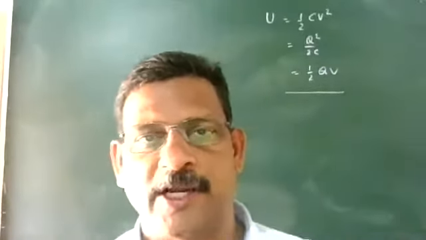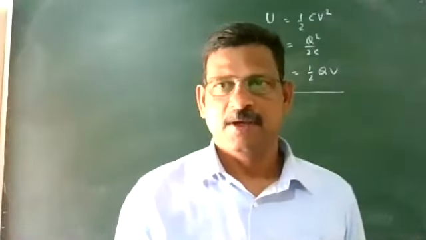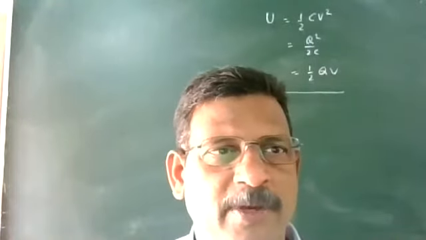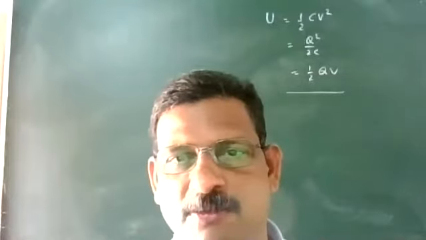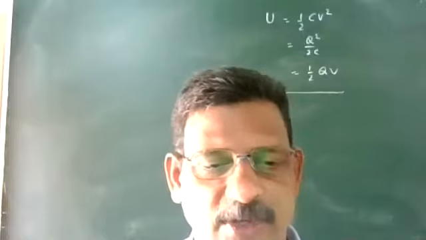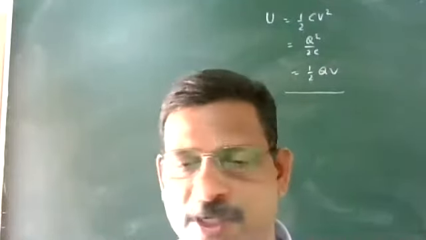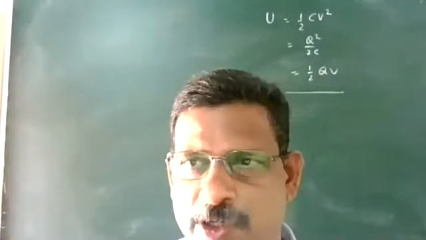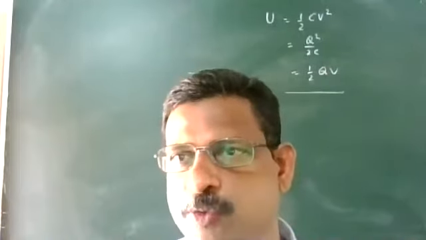So capacitor is an arrangement to store electrical energy in a very small region. Okay, so you can go through that Wikipedia video for recognizing the capacitor. All of you see that video regarding capacitor, so you can recognize what that electrical device is. The energy stored is half CV square, Q square by 2C, or half QV.